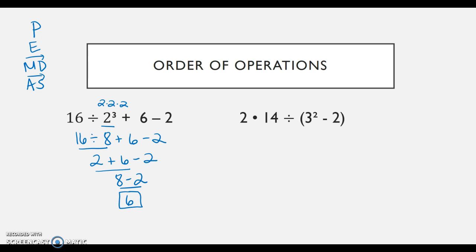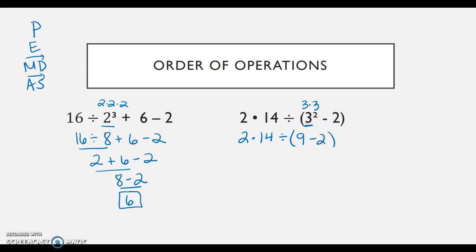Okay, so for this problem, we have to start with our parentheses first. Now the key with this one is there's actually two operations happening. We've got our exponents and we've got subtraction. We need to do our exponent first, so 3 times 3. So I'm going to drop down everything I haven't used, and I'm going to replace my 3 squared with 9